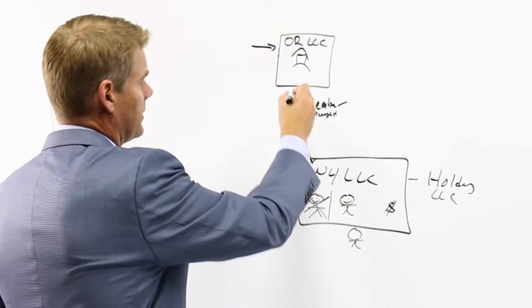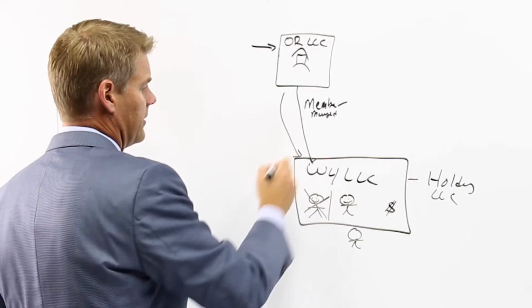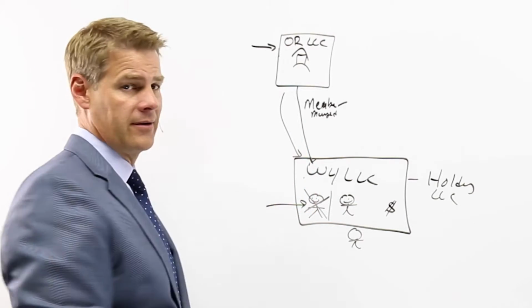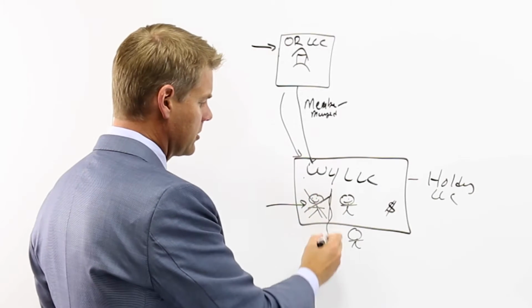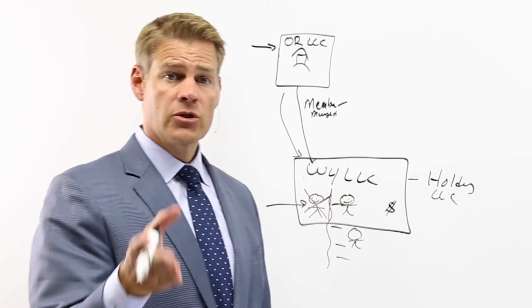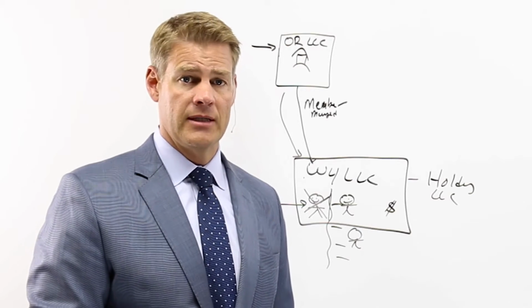It's going to point them to this entity here. And when they look at this entity, it will point them to this guy right here. It will not disclose any of these people over on this side of the line, which is you. So you maintain an anonymity shield in this manner.